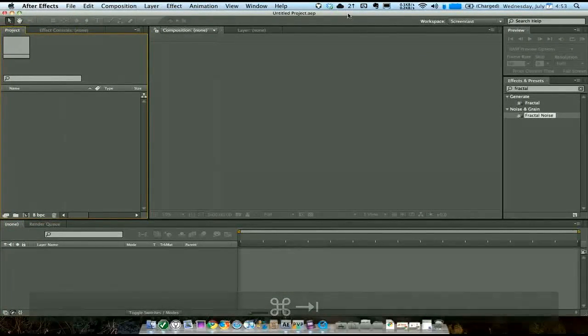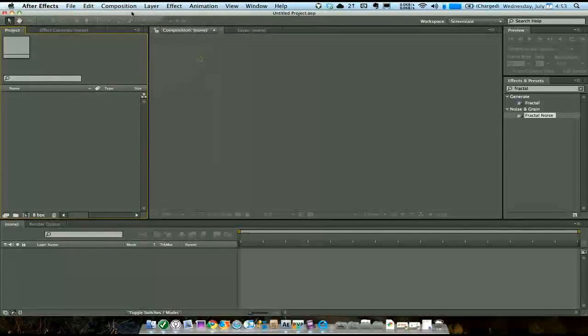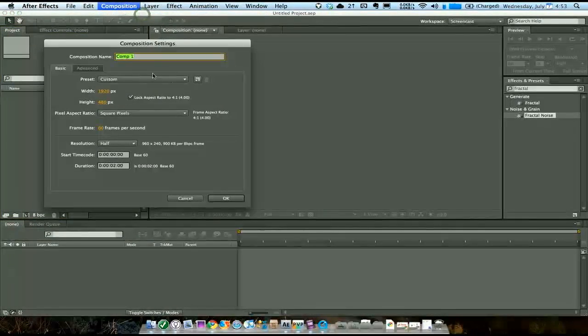So what you want to do is go to File, New, Composition, New Composition, and we're going to have our resolution be 1920 by 480. Now what you want to do real quick is just lock your aspect ratio. I want to just show you something. So if you think about different